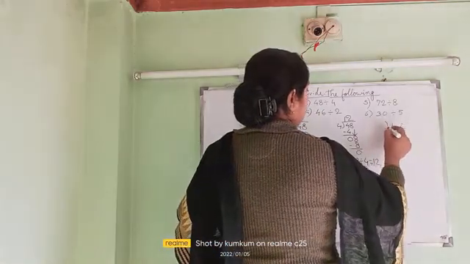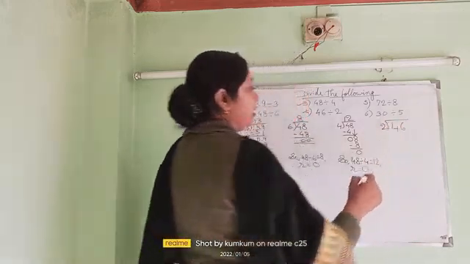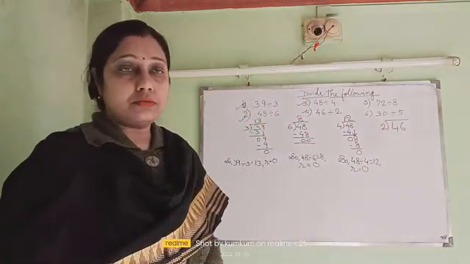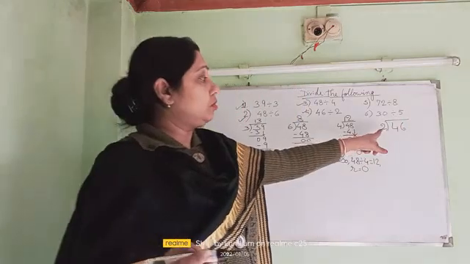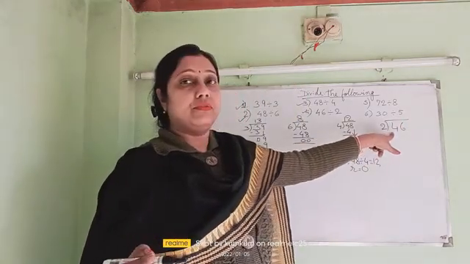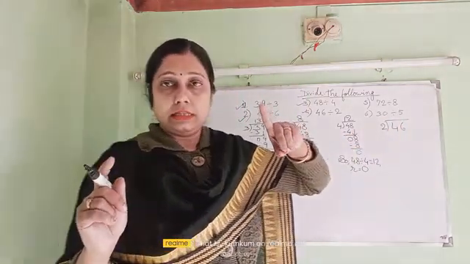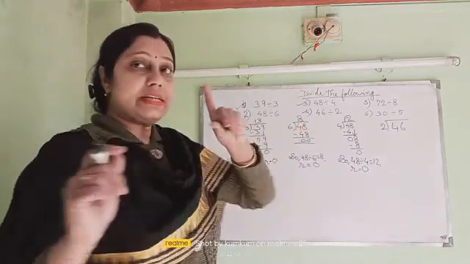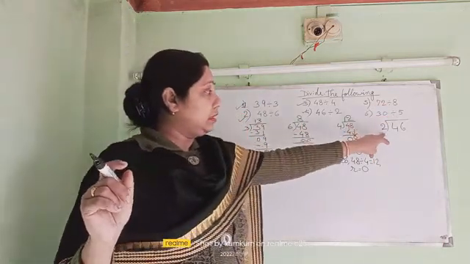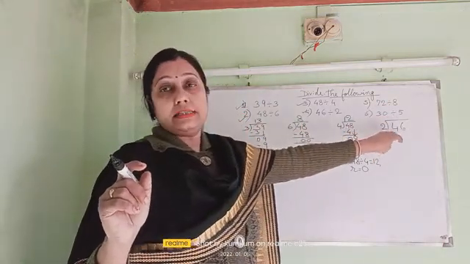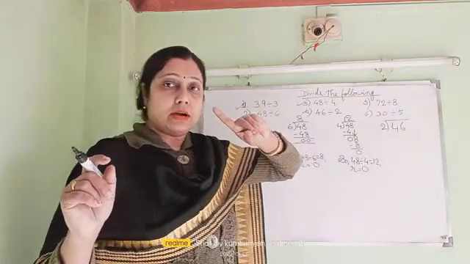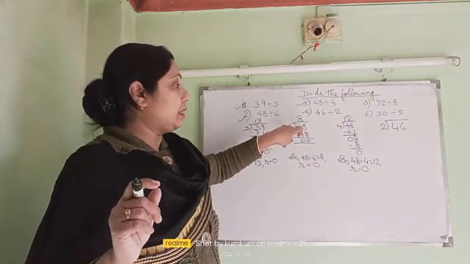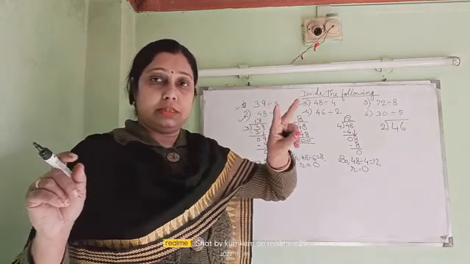See, bigger number we are going to write inside and the smaller number is 2, we are going to write outside. So see, 2 is smaller than 4. So we will take only one digit. If it is same, then also we will take one digit. If it is smaller, the inside number is bigger, we will take only one digit. But if the inside number is smaller, we are going to take two digits.